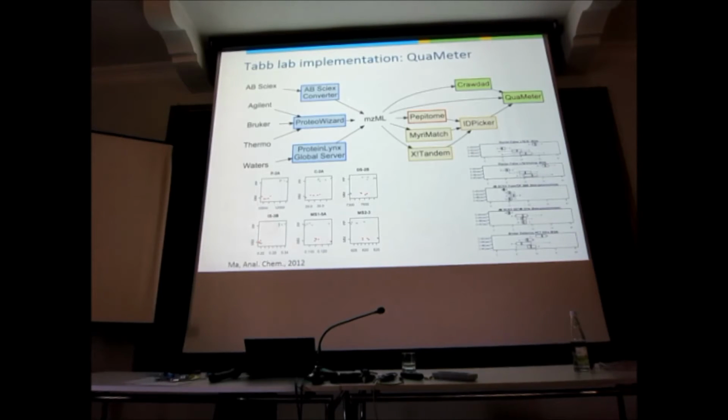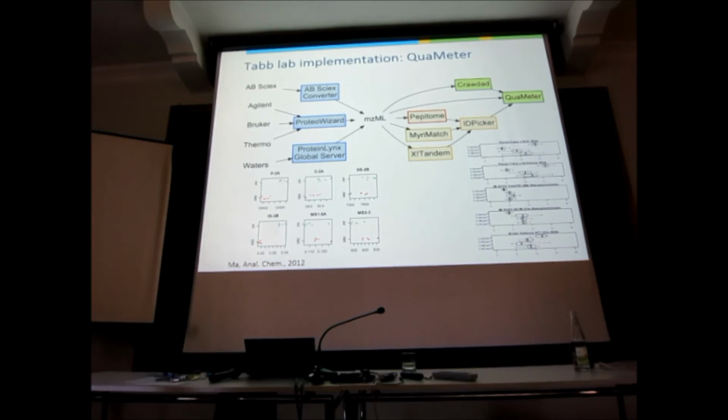Now, let's go into a bit more detail. The problem is, the NIST stuff is hard to run. It's a bunch of Perl scripts that only work if you rotate your computer counterclockwise 7 times at midnight and then sacrifice a black cat. Right? So Dave Tabb then did this QuaMeter implementation, which does everything that the NIST thing does, but it doesn't require the sacrifice of the cat. It does require the turning of the computer, unfortunately, because he has a lot of different tools that you have to somehow glue together. But they're applicable to everything and not just Thermo.